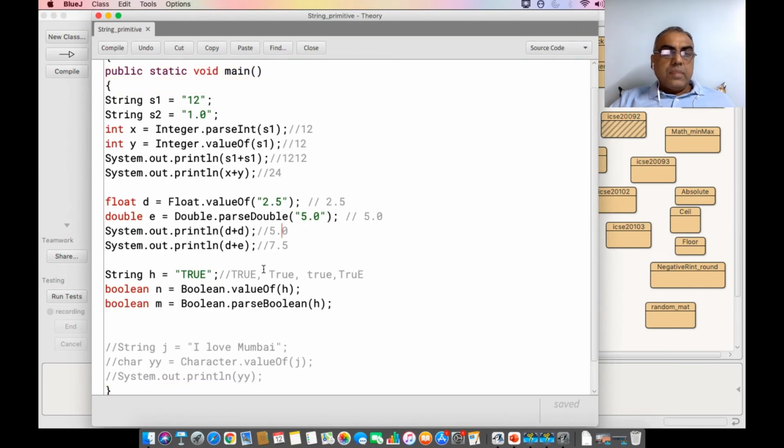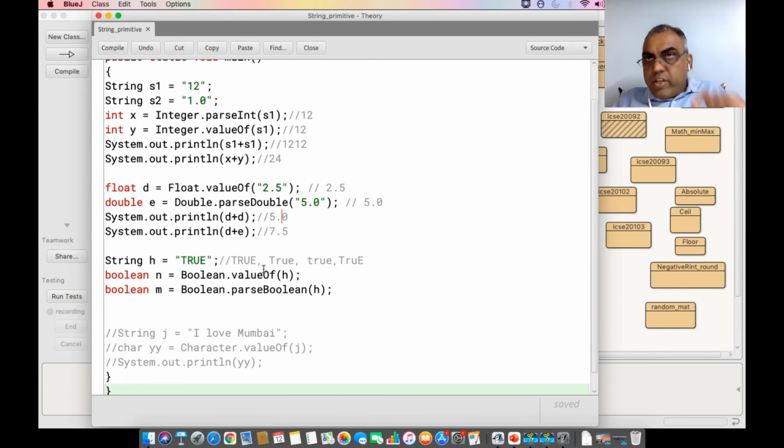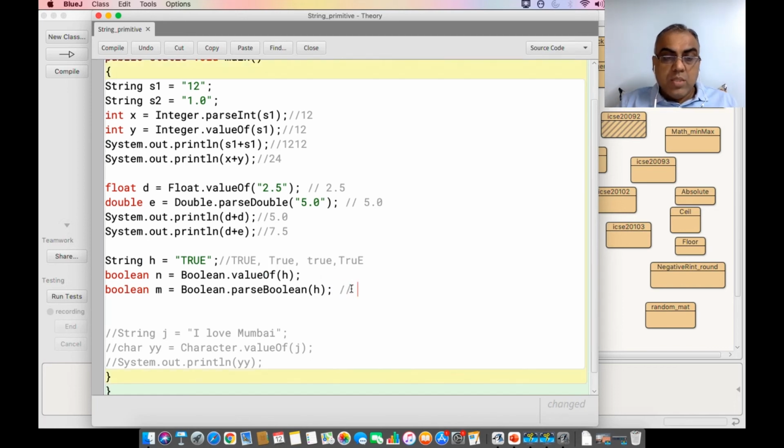Then very important and a tricky one, in case the question comes in the exam. If I have a string true in any combination of uppercase or lowercase, not just TRUE in uppercase and lowercase. It can be all capital, first capital remaining small, all small, first capital, last capital, all small, any combination of uppercase or lowercase, but the spelling should remain TRUE only, then it will automatically convert it into true, but it is going to return me small true.